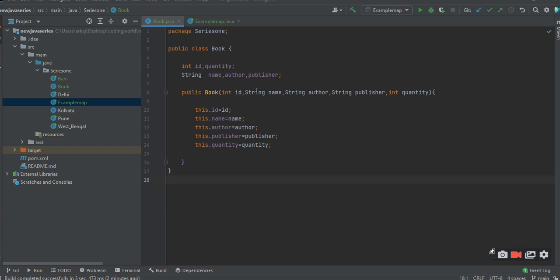Here are the parameters: integer id, string name, string author, string publisher, and integer quantity, the number of quantity. In the constructor we have to first initialize the variables, right? So I use this.id equal to id, because all the names are the same. The names I used globally, I used in the parameters as well, the same name. That's why we are using this.id equal to id,